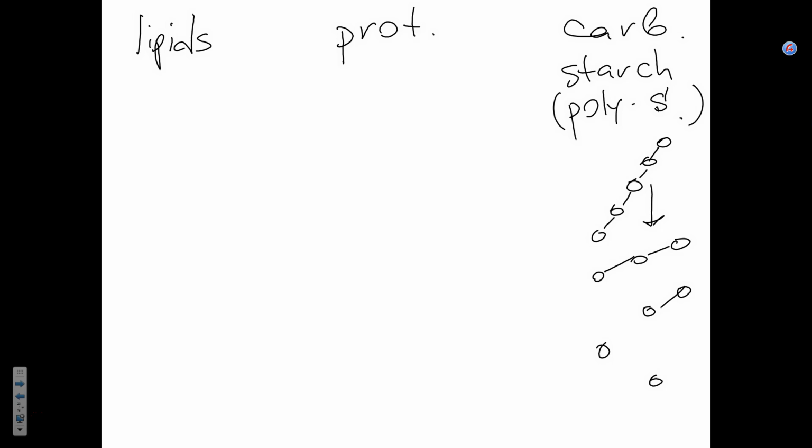Okay, bless you. What breaks down sugars? Which chemical is responsible for breaking down starch? That's the enzyme. Good. Amylase, yes. But you have to remember, though, that enzymes...